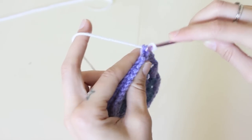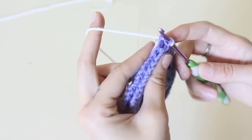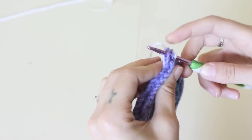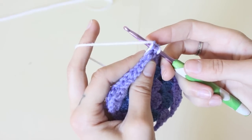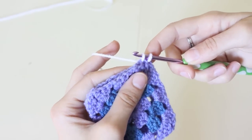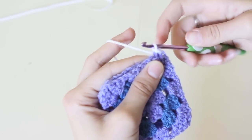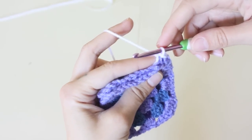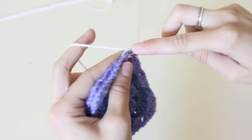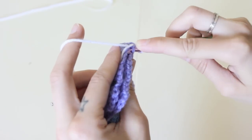You then need to continue doing the same thing through all of the loops, so find your next stitch and push your hook through both front loops. Then, loop your yarn around the hook and pull it through both loops, but this time you need to pull it through the third loop too. Then again, go through both front loops of your next stitch, pull your yarn through and go through all three